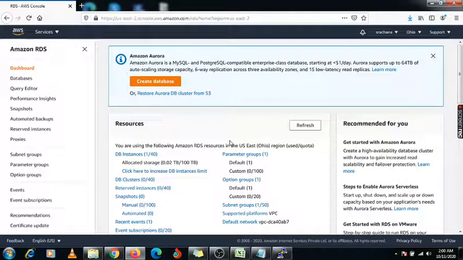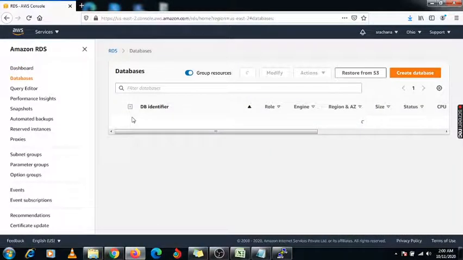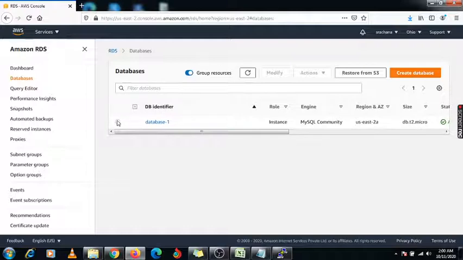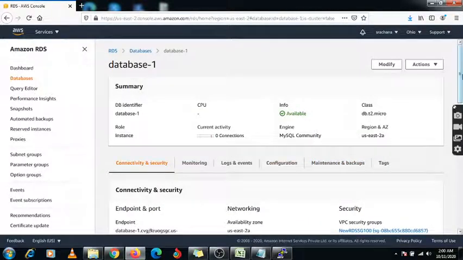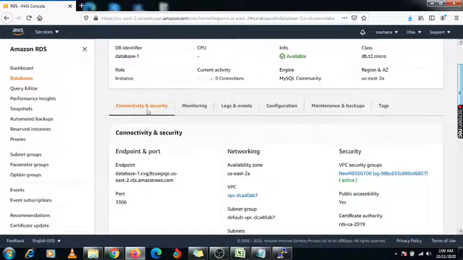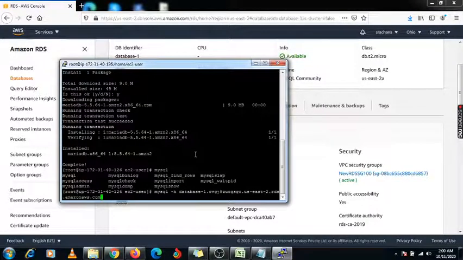So this is our admin part actually. This admin part we can do, and the database team will do their work once this database is connected with your Linux machine. They can create their database, their tables. Whatever activity they want, they can do it. Here is the endpoint, right? Under connectivity and security, you just copy it and paste it here. Space -u space.